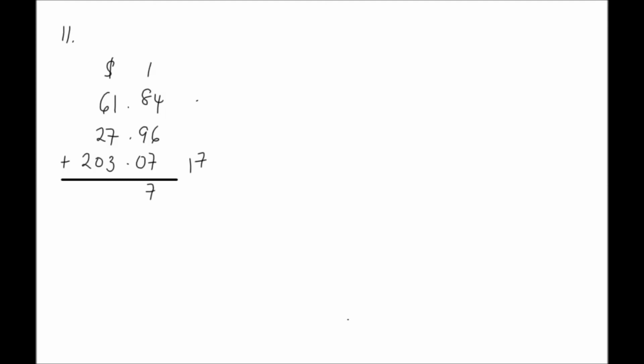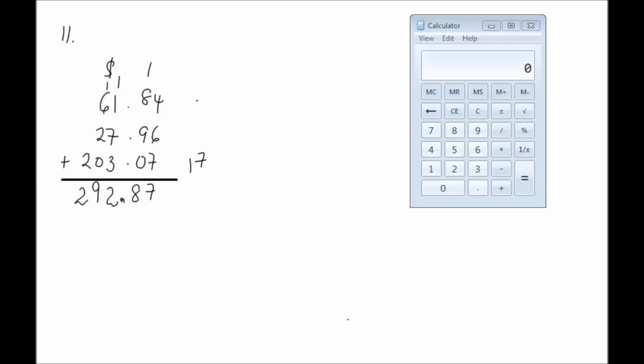We could say 9 and 1, 10 and 8, 18. Put down our 8 and carry 1. We could say 7 and 3 would make 10, 10 and 2 would make 12, carry 1. We could say 2 and 6, 8 and 1, 9 and 2. We have our decimal point, which we'll put back there. So our answer should be